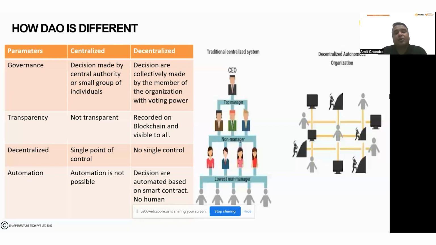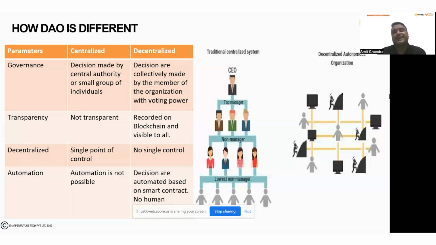better. When we talk about transparency, in the centralized structure there are very few decisions which come out from this structure. The people who have a stake or shares in that company don't have any idea how the decision has been made by the management. Whereas in a decentralized method, they are part of the decision making, and everything is recorded into the blockchain. So if I vote for a particular proposal, then that will be a kind of transaction which will get recorded into the blockchain, and later on I can see whether I have given a yes or no vote. Decentralized: there is no single point of failure in a decentralized autonomous organization,